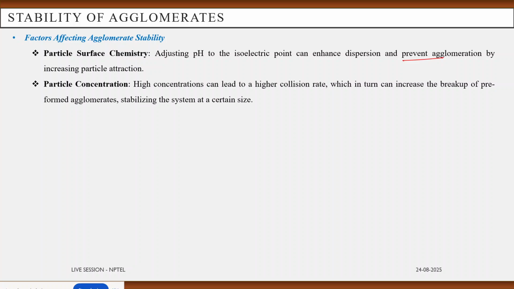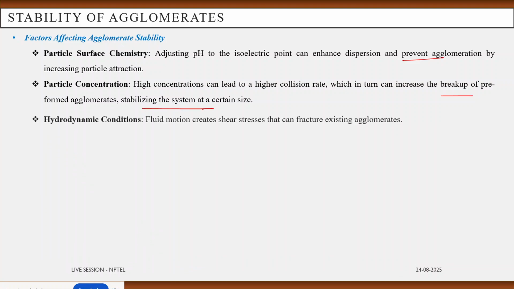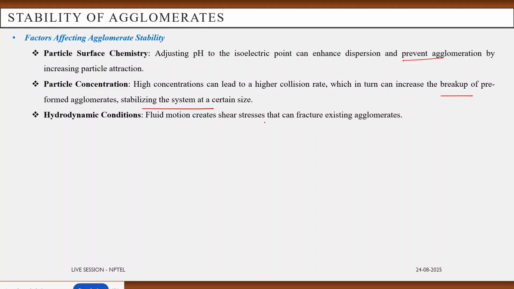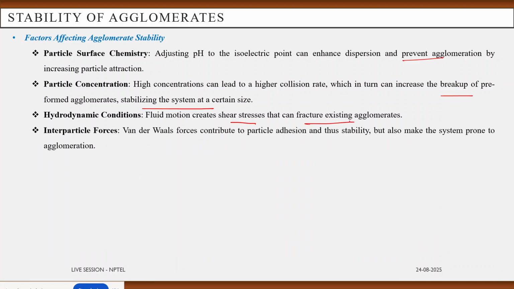Particle concentration, as already discussed: high concentration leads to a higher collision rate, which increases the breakup of the pre-formed agglomerates, and they stabilize the system at a certain size. Hydrodynamic condition: when the fluid motion creates high shear stresses, they can also fracture existing agglomerates. Interparticle forces: van der Waals forces contribute to particle adhesion, and thus the stability is also influenced by the interparticle